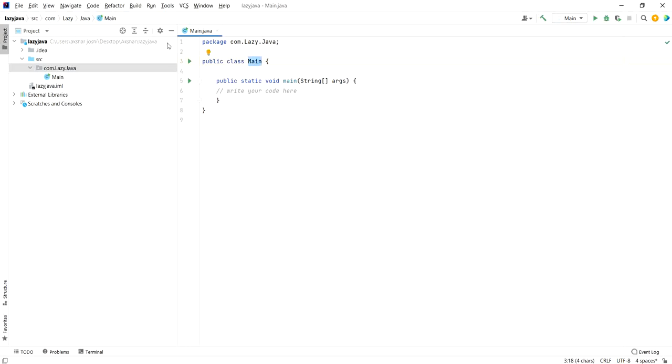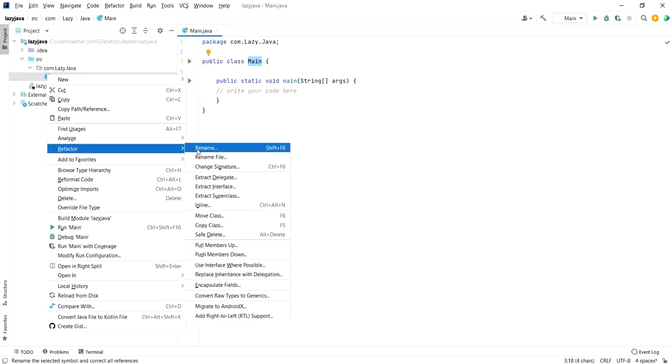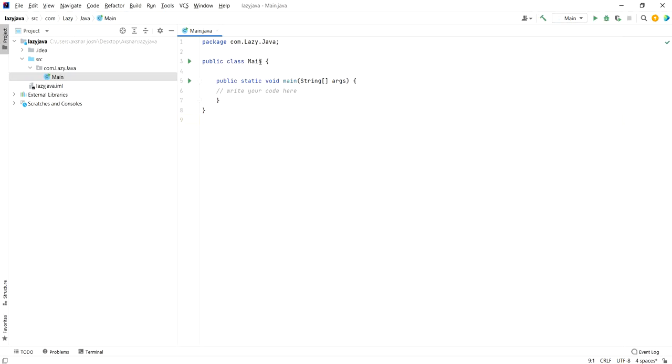The IDE automatically gave the name of this class as main. So you can also change it, or you can refactor it by going into refactor and name. So that's no issue. So this is the class, and what is this? This is the method, and within the method, let's write our first program, which is the generic.